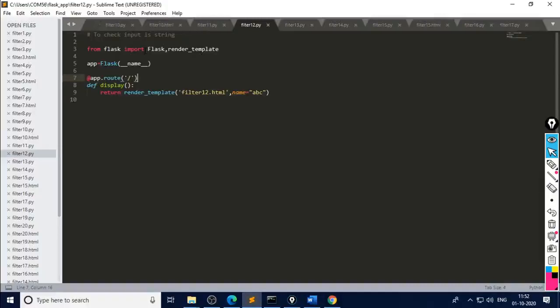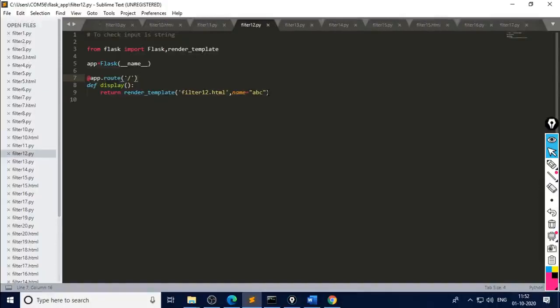That invalid data will be stored in the database and it will give you errors. So before entering data into the database, we have to check the validity of that particular data, because data should be relevant. So here in those programming stages we can use these test filters. This is the first test filter. With the help of this we can check whether the input is string or not.